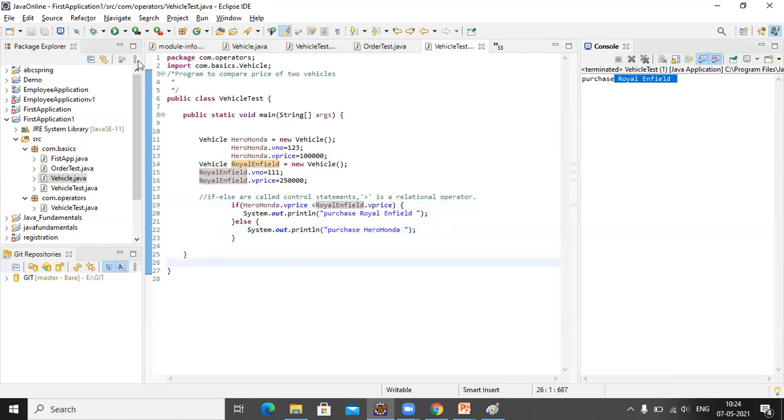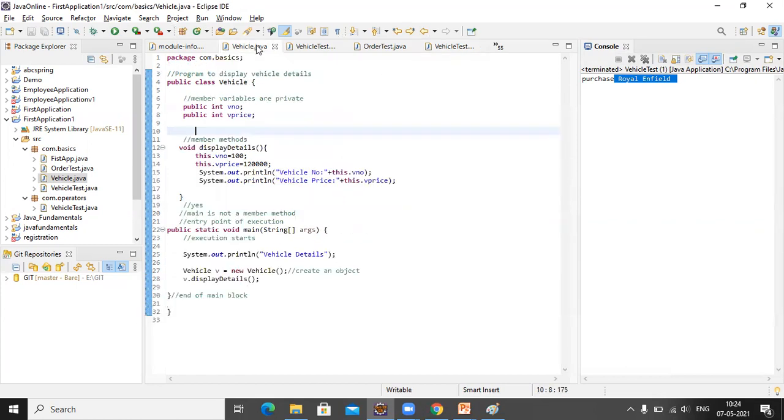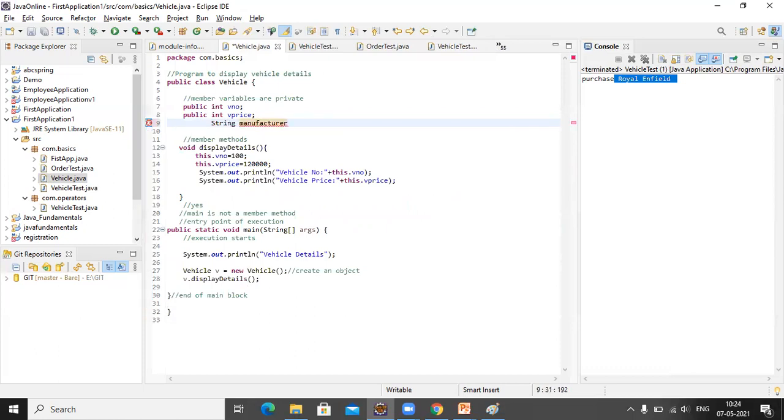For example, now in the vehicle class, you have manufacturer. The manufacturer data type is String. String is a data type to store string values, meaning a set of characters.